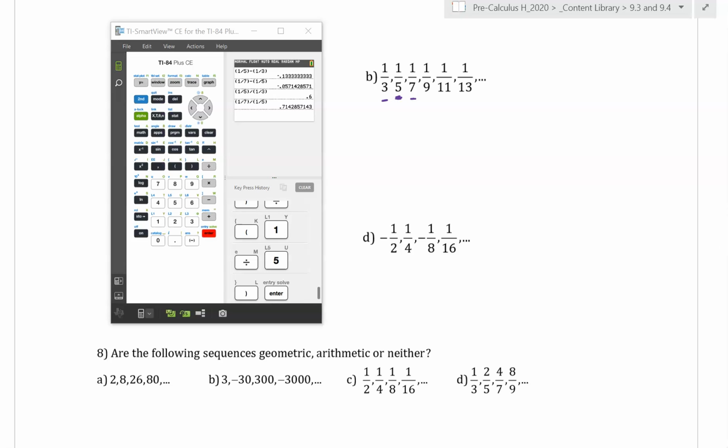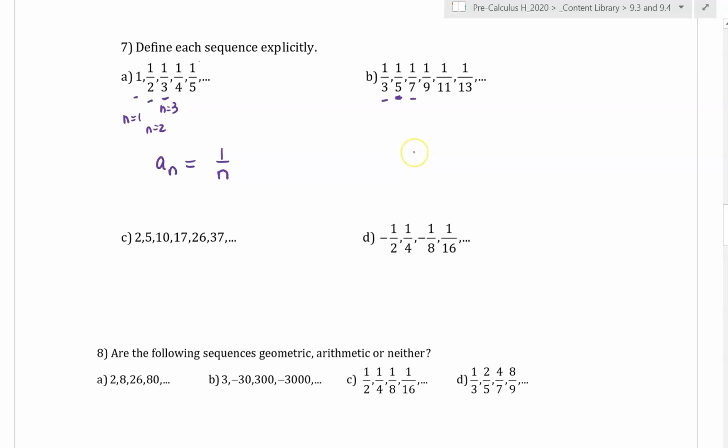Again, in order to be arithmetic, you would have to be adding a common difference. But again, 1/5 minus 1/3 is not the same as 1/7 minus 1/5. To be geometric, there would have to be a common ratio. But again, 1/5 divided by 1/3 is not the same as 1/7 divided by 1/5. I do notice that the numerator in all of these fractions is 1, and the denominator reminds me of an arithmetic sequence. So even though the sequence is not arithmetic, the numbers in the denominator are, so that might be helpful because we know that for an arithmetic sequence,